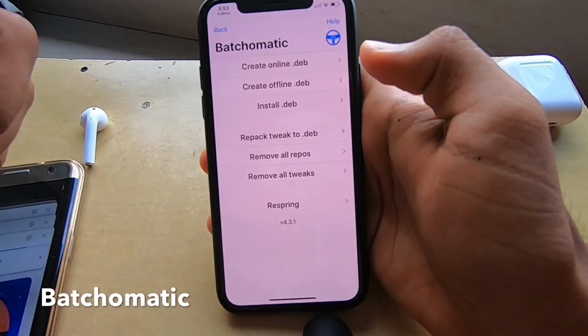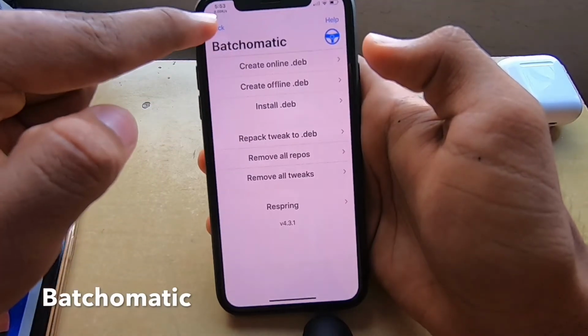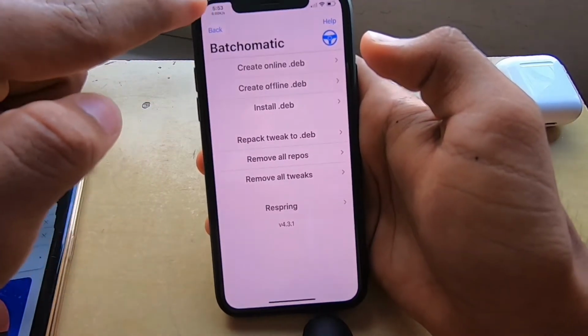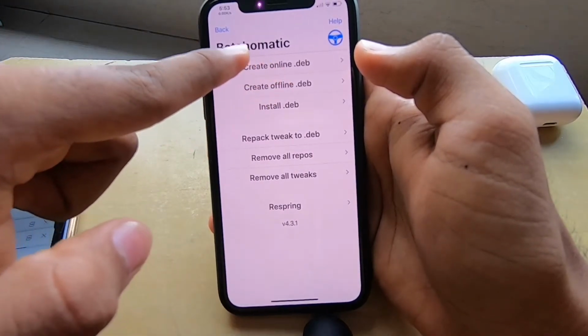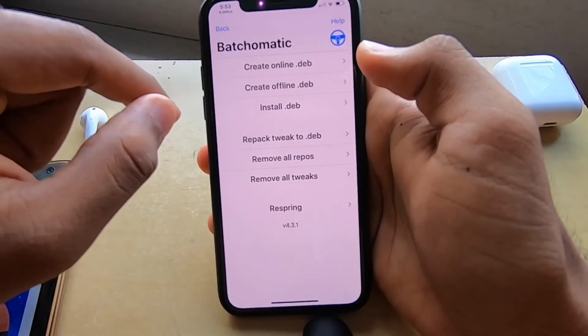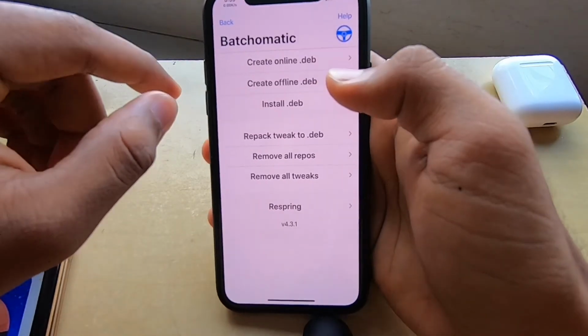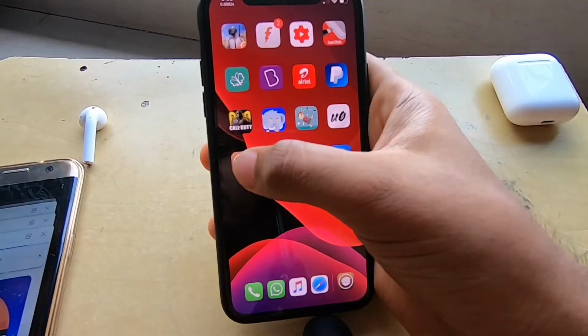You can share it with your friends and they can install all the tweaks by installing from the Batchomatic app itself. So I'll leave an online.deb of my tweaks as well. If you want to install, you can always do that. It will replicate your phone with all the tweaks of my phone. So it's a really cool tweak.